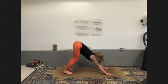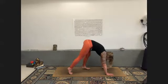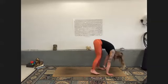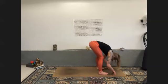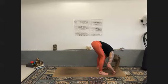Inhale, take your gaze between your hands. Exhale, forward fold. Take a bunch of little steps at the top of your mat. Ragdoll, feet hips width distance apart or wider. Place a generous bend in your knees. Nod your head yes, shake it no, and allow the crown of the head to be super heavy towards the earth